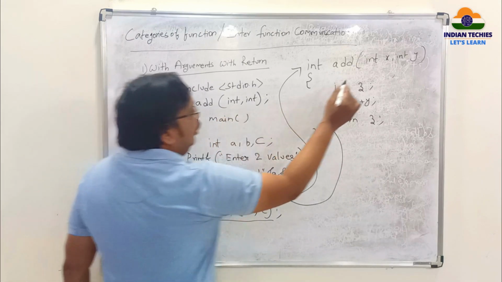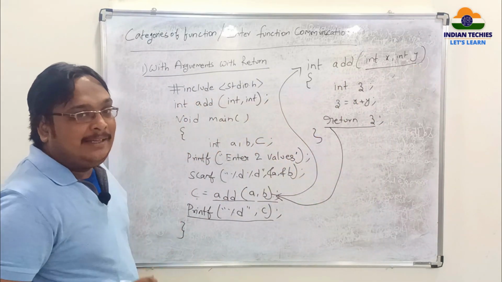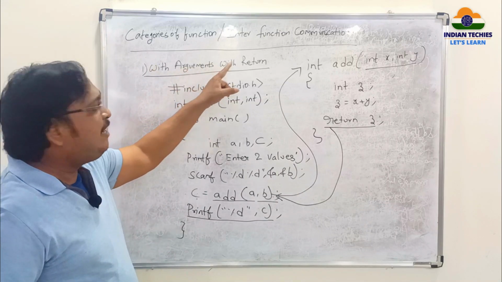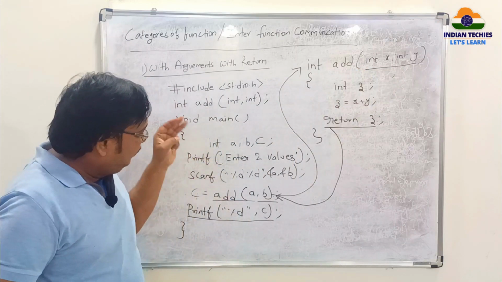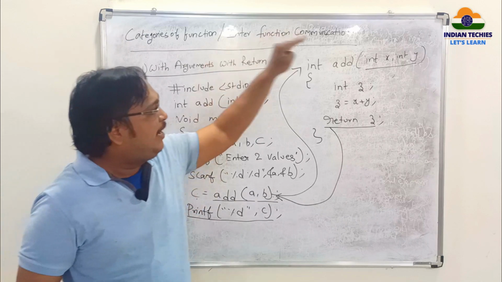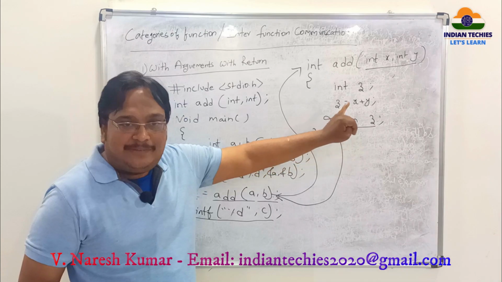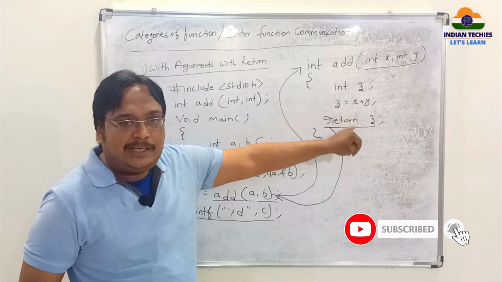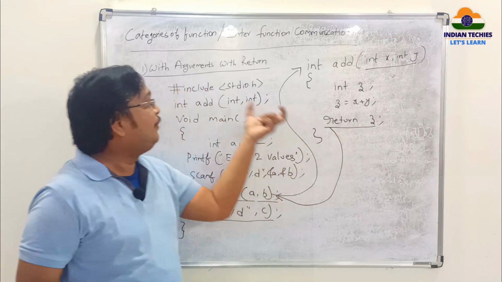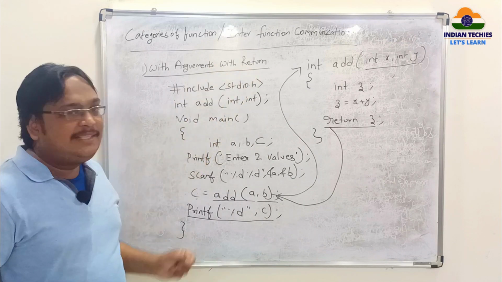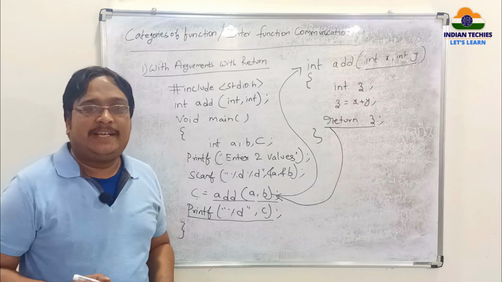Since we are having arguments in the function and you are sending a return value back to the main, this is considered as with arguments and with return values. Whenever you are having arguments, the meaning is from main you are sending that many values as an input to the function. Return means that calculated value, whatever the required value that you have, you are sending back to the main. Whenever you have a return statement, you can say it is with return. So this is an example program for with argument and with return value.